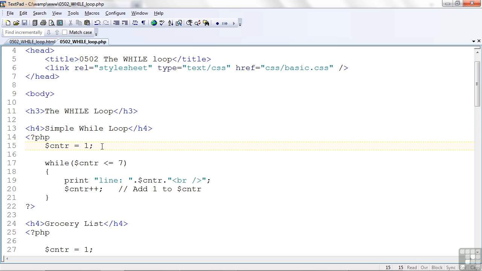I can't do that within the while loop, not within this parentheses code. The only thing I can have in here is a comparison. That was in the middle of the parameters for the for loop, but here in a while loop I can only have a comparison. Comparisons, once again, can be one of 2 things they can resolve to. They can be true or they can be false. As long as this comparison is true, it'll keep doing the code that's between the curly braces